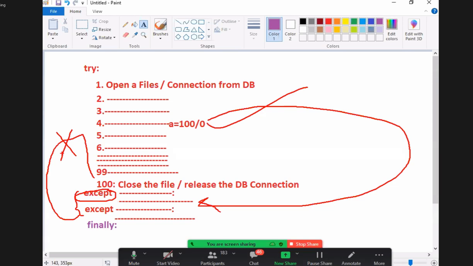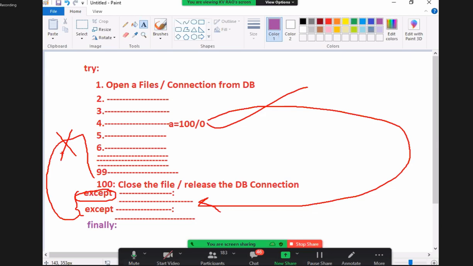Are you getting me? So then how do you solve this issue? Once you have opened this file, it is mandatory and important to close your file in real time. Why? Because if you open the file and do not close it, and some other program tries to operate on your file, wrong manipulations will take place. Immediately, the file data becomes inconsistent. Inconsistency is nothing but wrong data coming inside of it. Once you open the file, it is your responsibility to close the file.